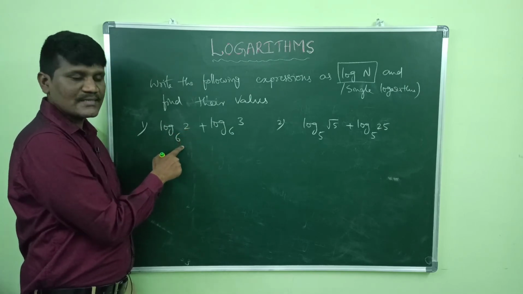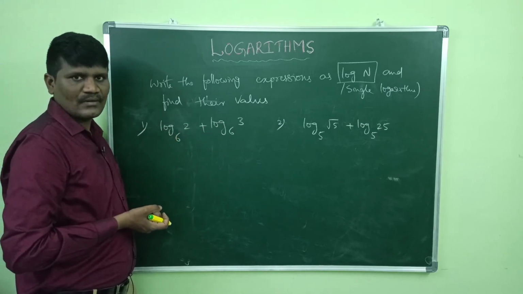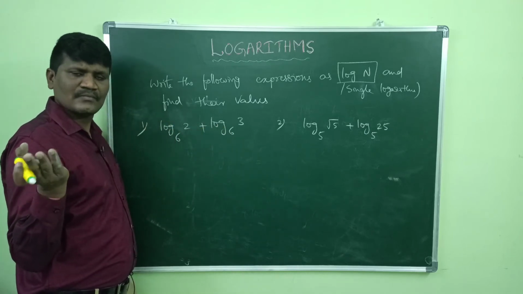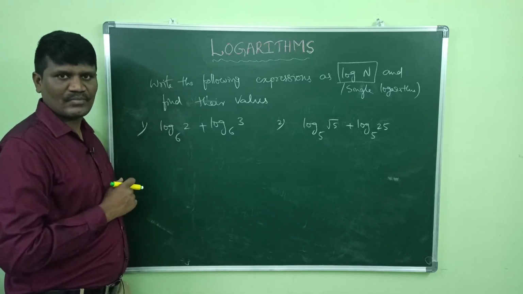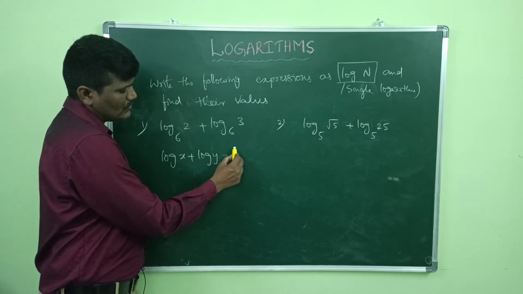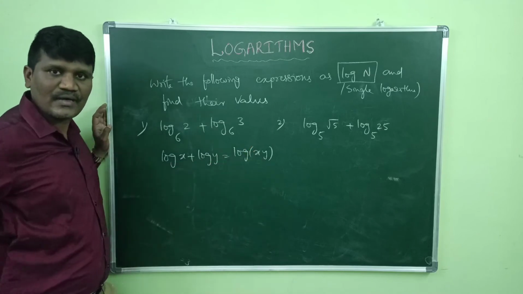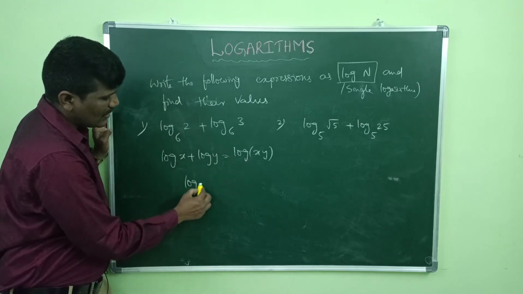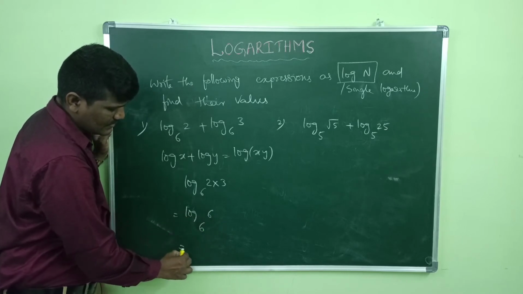Let us see now. Log 2 to the base 6 plus log 3 to the base 6. Here you can use the product rule, right? Product rule is nothing but log xy is equal to log x plus log y. In reverse, if log x plus log y is there, I can write log xy. So the formula is log x plus log y is equal to log xy. So this is the product rule: sum to product. I am making the sum of logs equal to the log of a product. So I can write this as log 2 into 3 to the base 6, so log 6 to the base 6, and the value is 1.